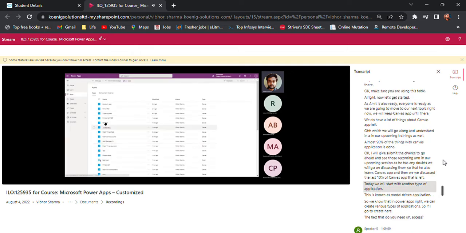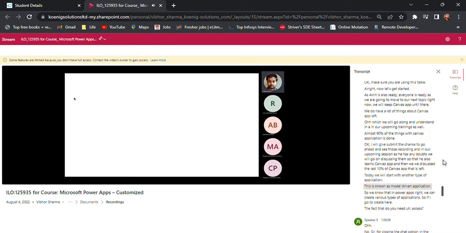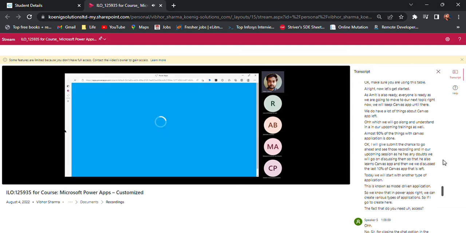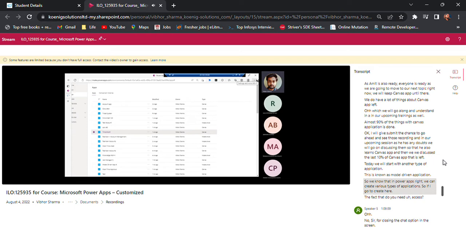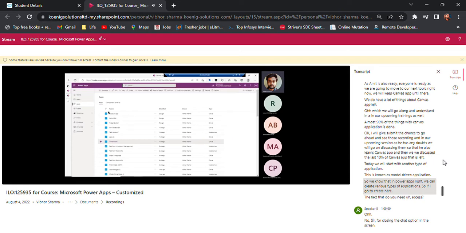Today we will start with another type of application. This is known as a model-driven application. So we know that in Power Apps we can create various types of applications. So if I go to create here,